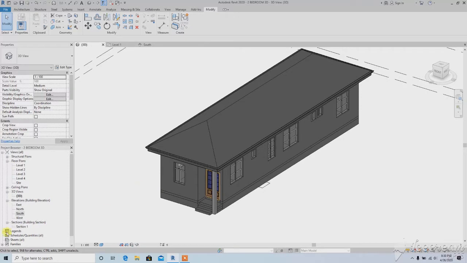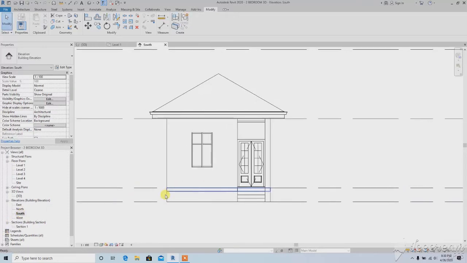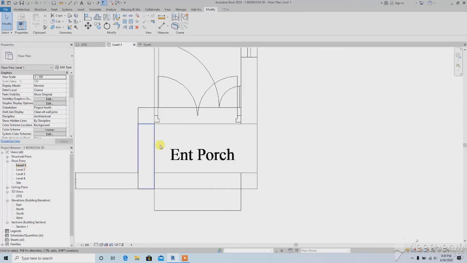Looking at the elevation, I want to have a brick face for the planes of the building. How do I go about it? I can also use my solid form in such a way that it will be able to move around the building very easily. How do we do it? Go to level 1 again,